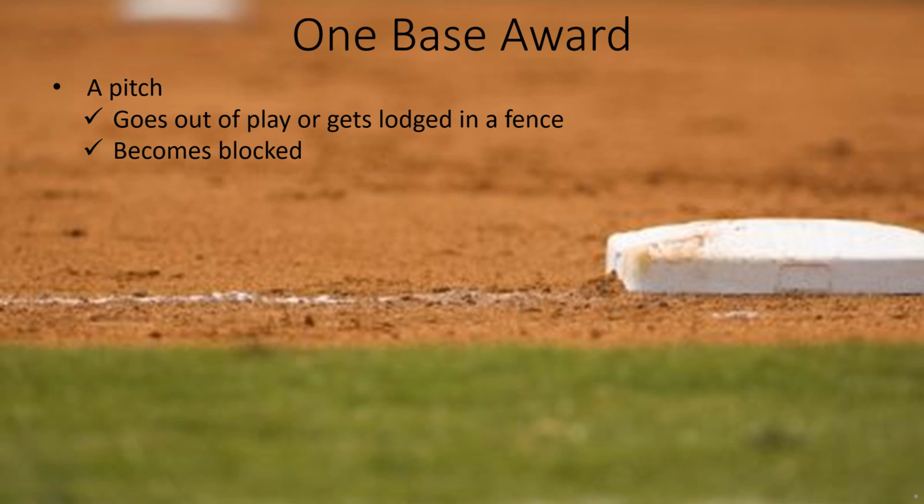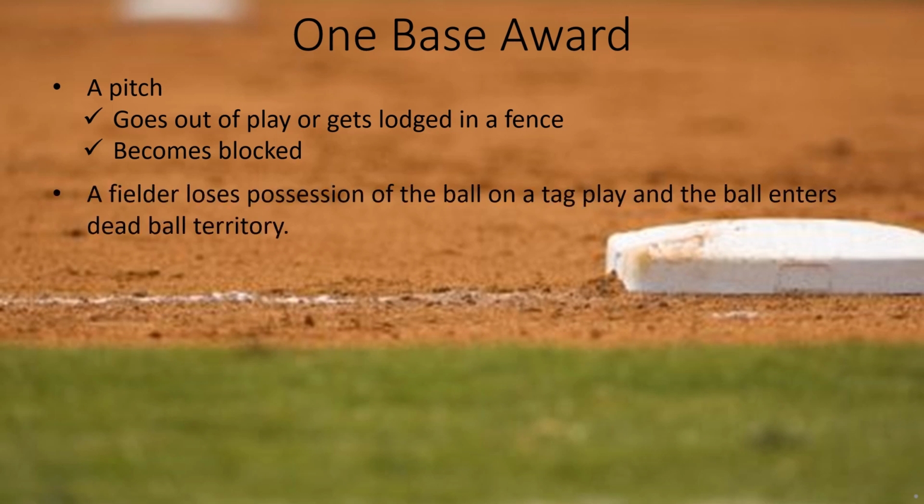The logic behind this is if the catcher doesn't have control of the ball, any runner on base could have probably advanced the base, but because the ball's dead, they cannot run. Therefore, you're going to give them the benefit of the doubt and award them a base because the catcher did not have control of the ball and could not have made a play on him, but the ball's dead and they can't advance. So we'll give them the base considering that they probably would have gotten it.